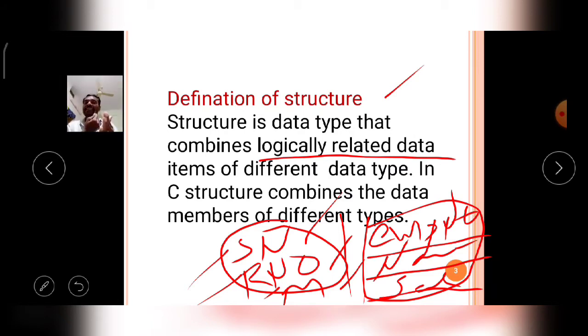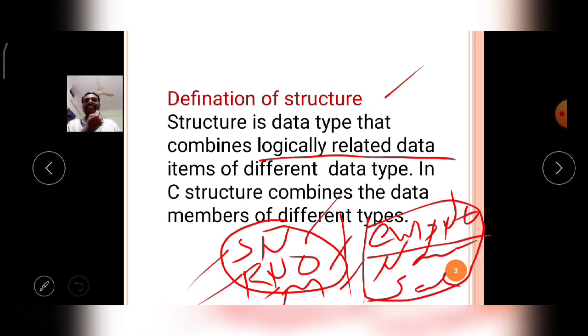Like that, the structure combines the data in the form of logically related data. That is a very important thing in this definition. If you understand the logically related data, then automatically the structure is understood very well.